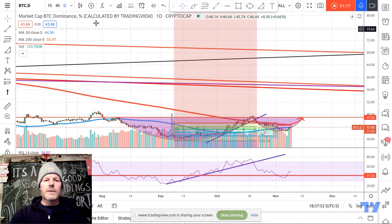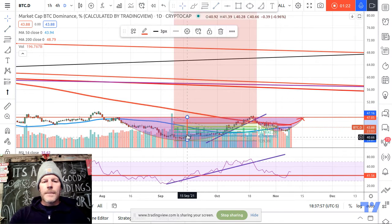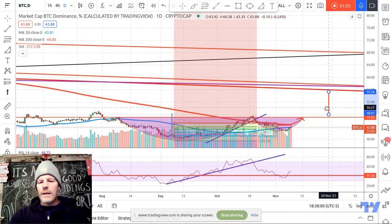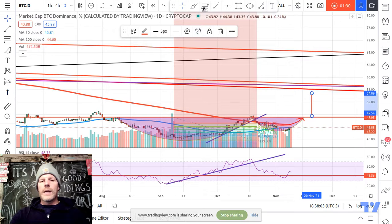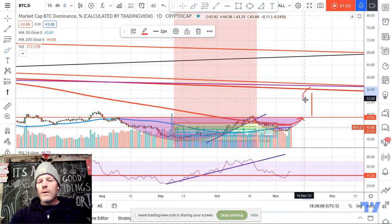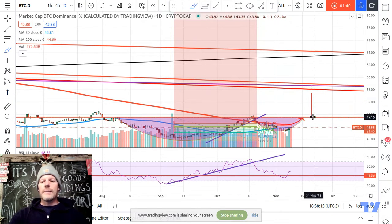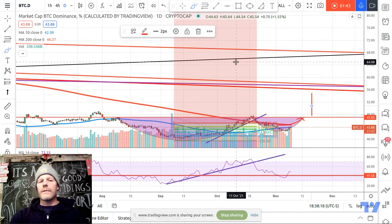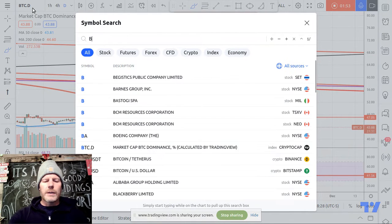And if that happens, then we are going all the way up to our resistance line at, I think it's 57%. Yeah, because we'll break the neckline here, and this is our target right in this area. What that means for Bitcoin is it's going to go up in a big way. However, I just was not seeing that by looking at the charts. So I'm trying to figure out why one chart is telling me one thing and another chart is telling me something else. So let's go back to our Bitcoin